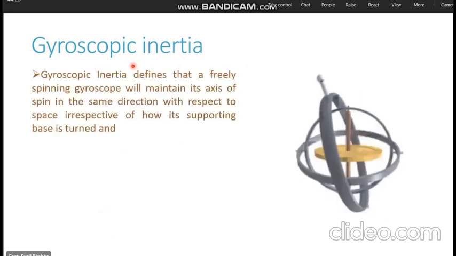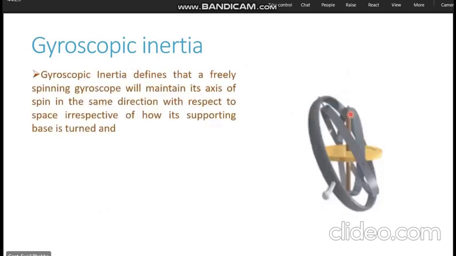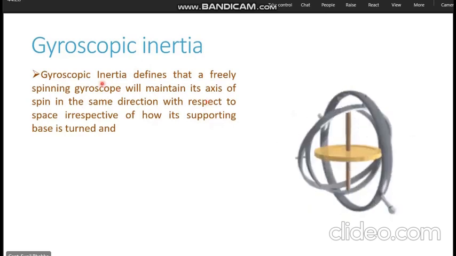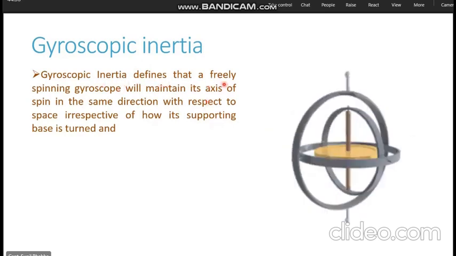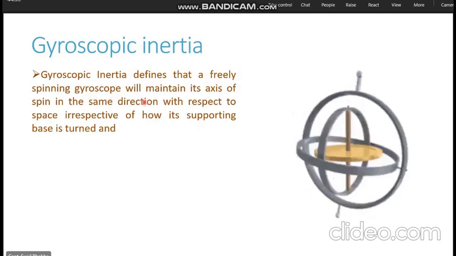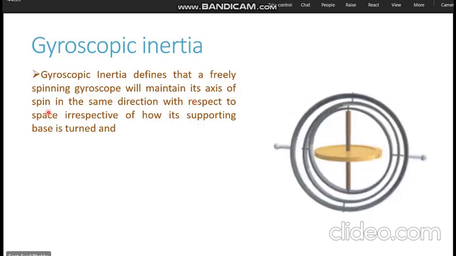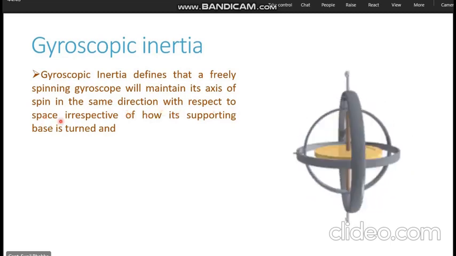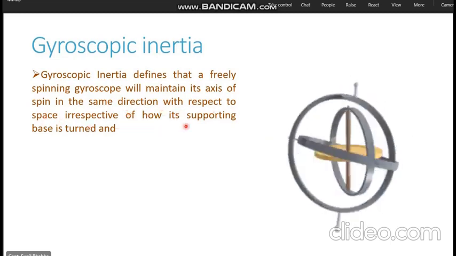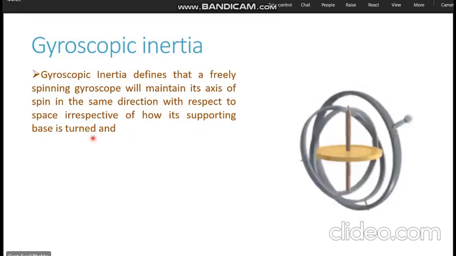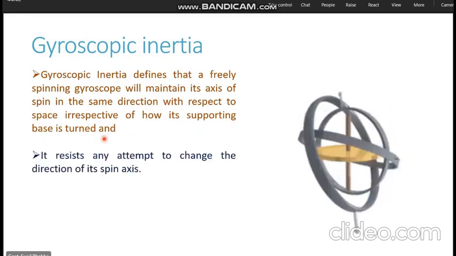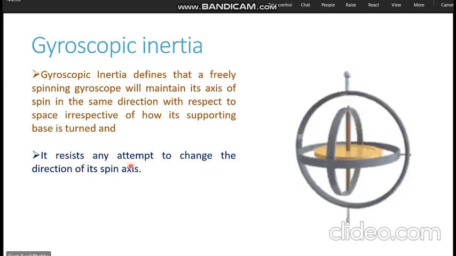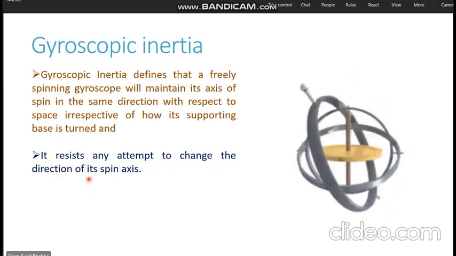Now starting with the first property of the free gyroscope, that is gyroscopic inertia. We have the same gimbal arrangement which I showed you earlier. Gyroscopic inertia defines that a freely spinning gyroscope will maintain its axis of spin in the same direction with respect to space, irrespective of how its supporting base is turned, and it resists any attempt to change the direction of